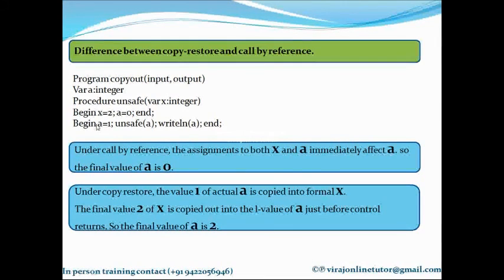So in call by value, A is equal to 1 now. What's the value of A? 1. I pass A to this function, so I just pass its R value. So X becomes 1. Then X becomes 2. Then I make A equal to 0. But since I pass this as call by value,